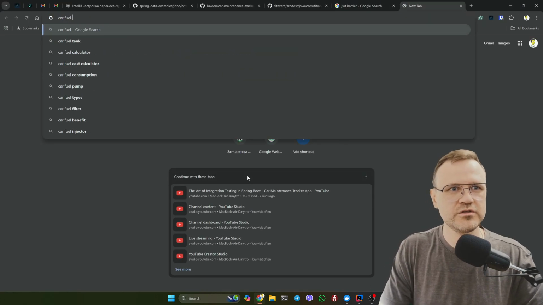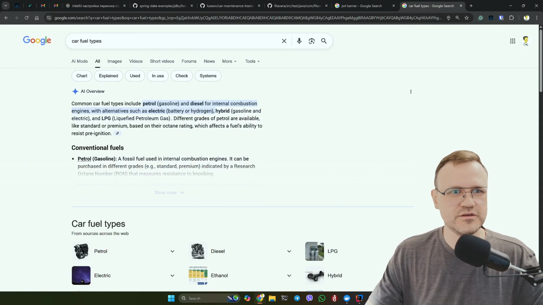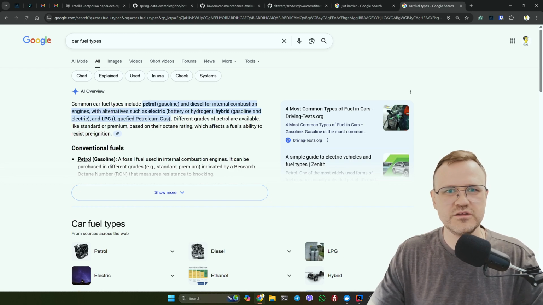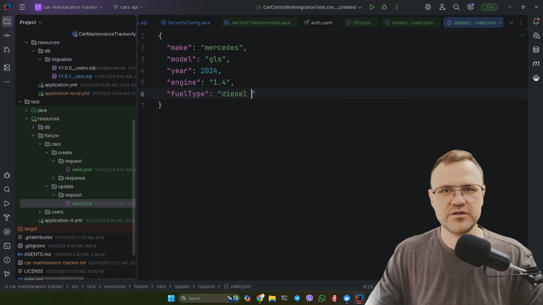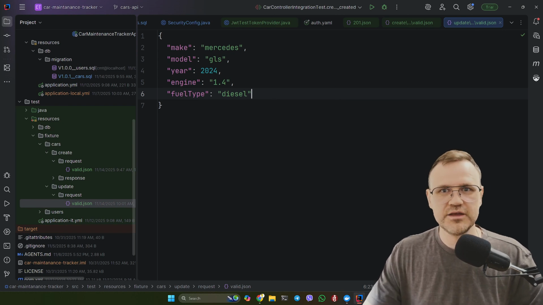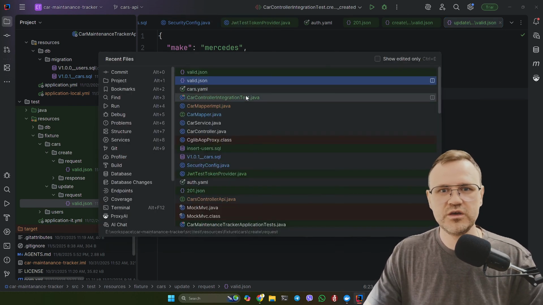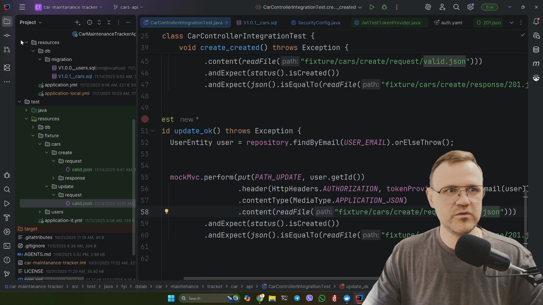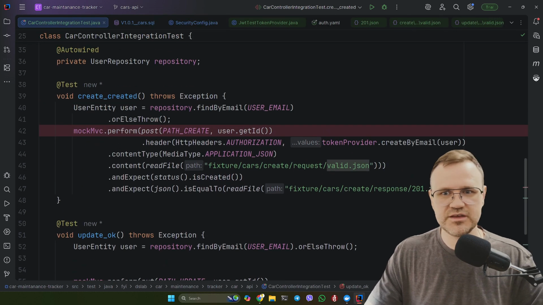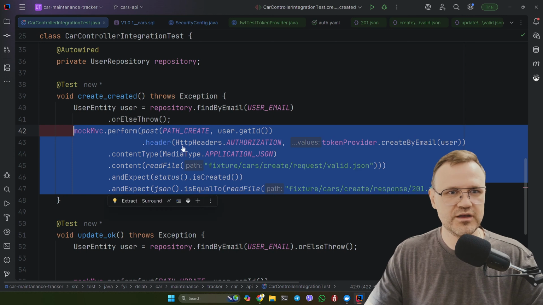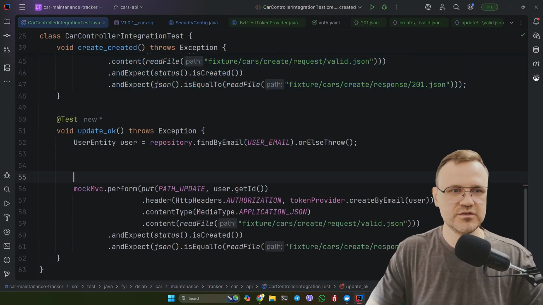Car, fuel types. Gasoline, oh, diesel. Okay. So here maybe in this case, we are testing the cars API, and maybe it makes sense to do